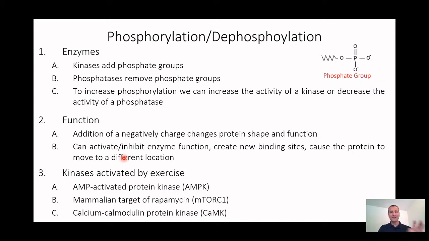So what phosphorylation and dephosphorylation does is it can activate or inhibit an enzyme. It can create a new binding site where proteins that didn't bind together before now can bind together. Or it can cause a protein to move to a different location in the cell. And so when we're talking about exercise, the kinases that we're going to talk about over the course of this